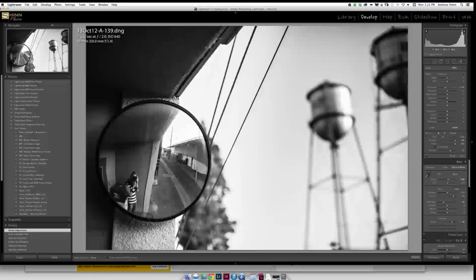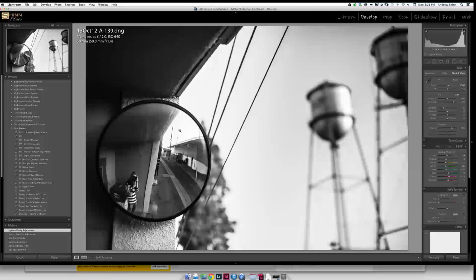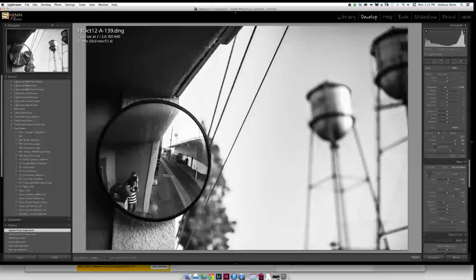So I'm going to paint in the side over here of the mirror, and I'm going to bump the contrast just in that area. And maybe the clarity also. Again, that doesn't actually bump clarity. What it does is increases mid-tone contrast, which makes things look clearer. So that looks good. I'm going to hit the K key to exit that mode, and the K key again to re-enter it. In this case, I'm going to paint just a little bit of lightness in, and